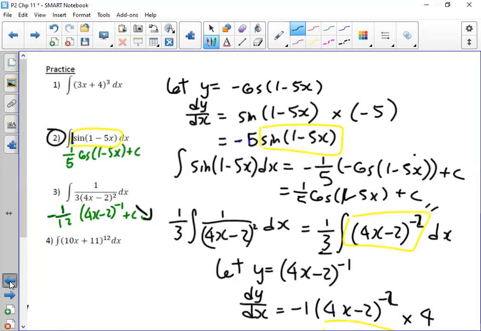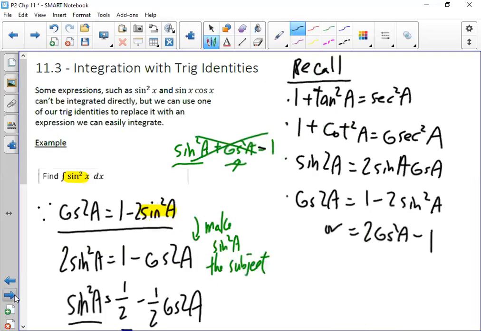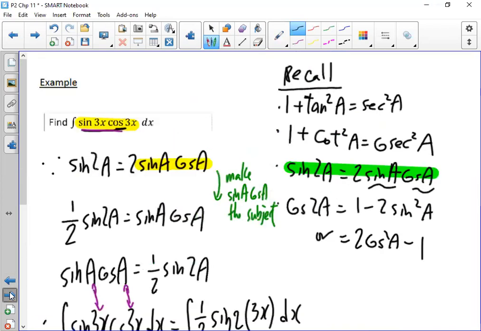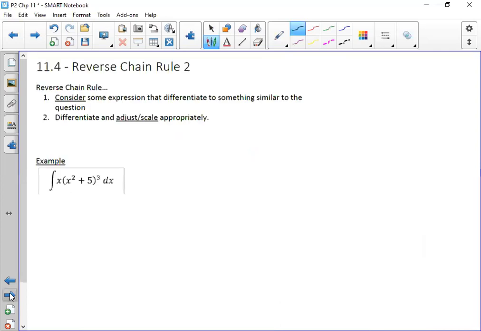Next one. Rather than reverse chain rule, sometimes we need trig identities to help us. Reverse chain rule and formula booklet is not everything. Then we need the trig identities. So sine squared, we can use trig identities to help us break it down, to make it something we can integrate. Then up to today's lesson, which is about reverse chain rule 2, where we look at a bit